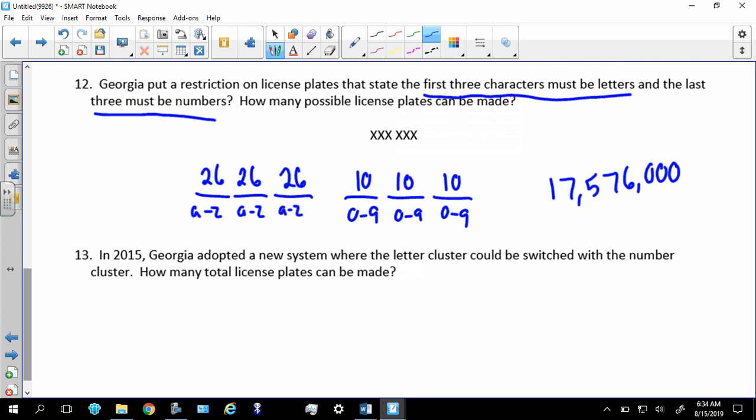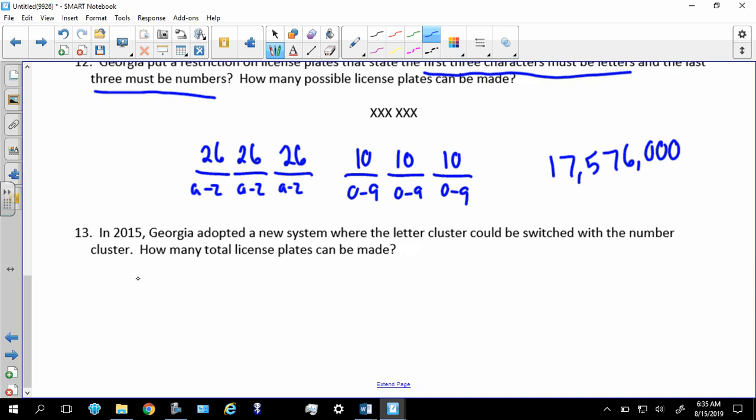All right, question 13. Georgia adopted a new system where the letter cluster could be switched with the number cluster. How many total license plates? All right, so this might be a little confusing to understand. So what that means is, let's say John had a license plate of, I don't know why I've made that lowercase. They're not lowercase. So let's have